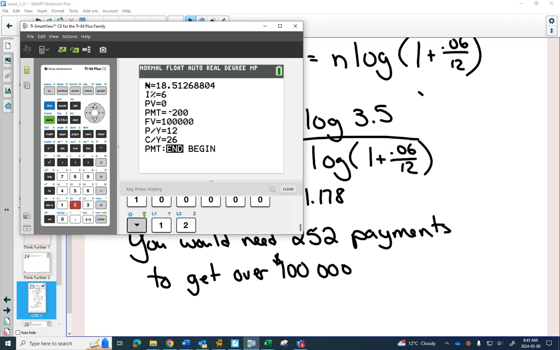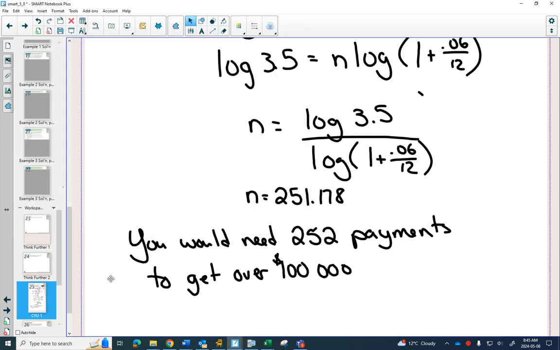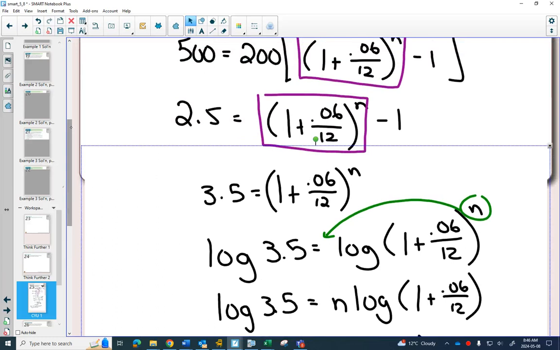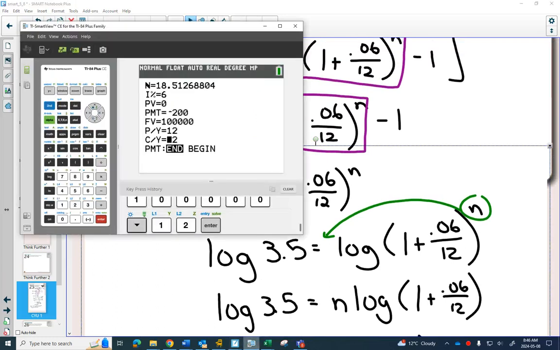Payments per year are 12. Compounds per year is also 12. So we can put all of the information that we put into the formula into this program. The key thing in this program is anytime you're putting money away, you use a negative. Anytime you're getting money, you put a positive. Then we can go up to N, and above your enter button is a solve button. So we push alpha and then solve, and we get the exact same number right away